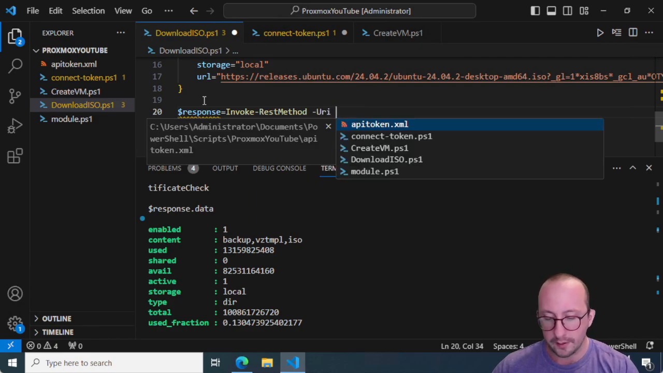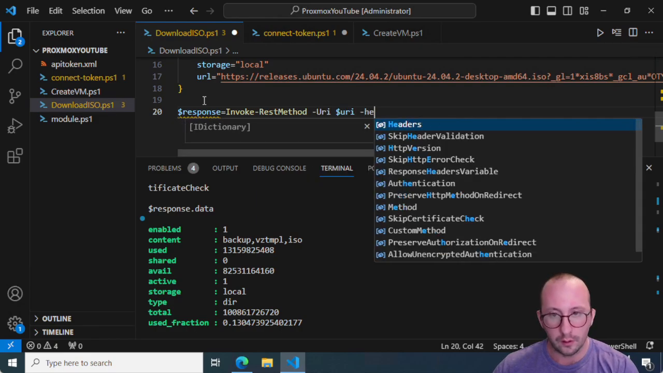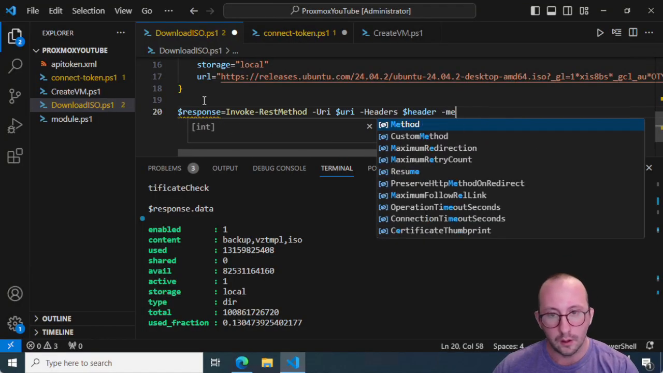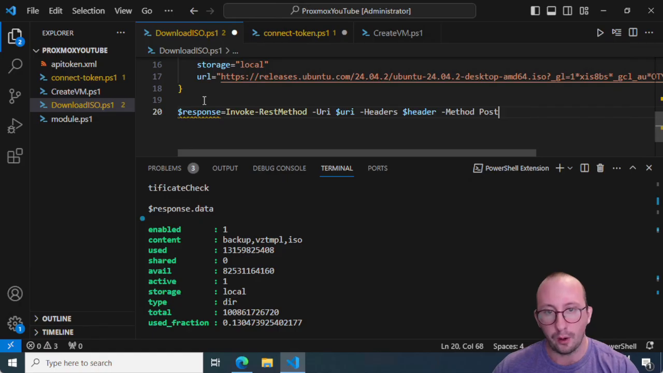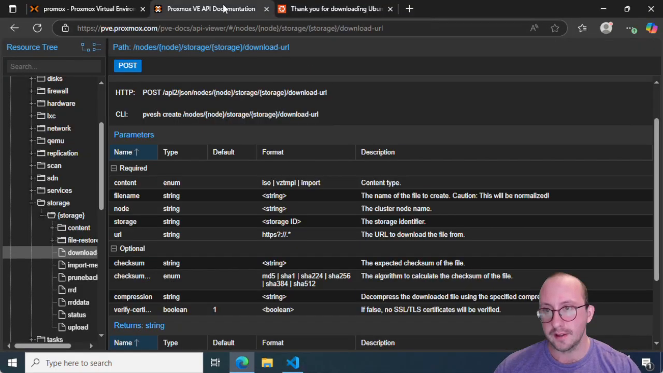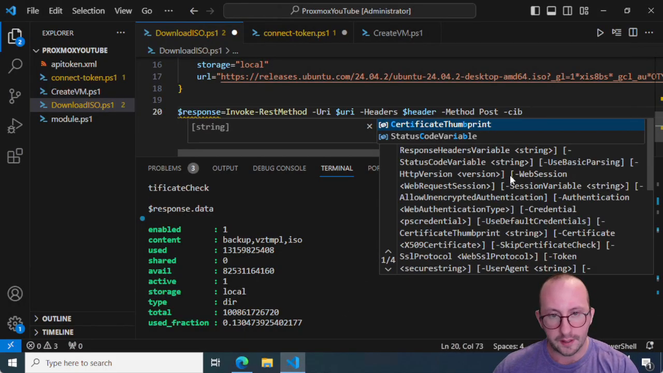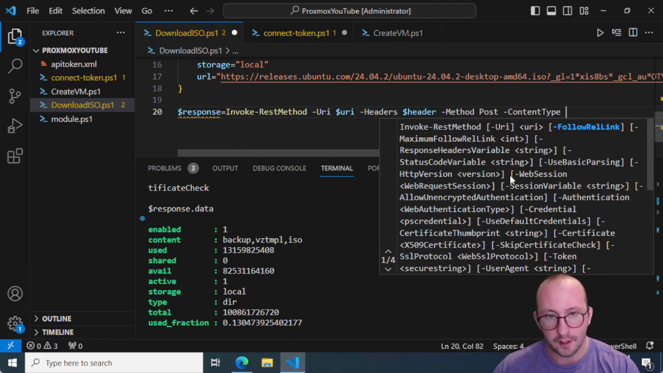The URI is going to be our URI variable. Our headers is going to be our header variable. Our method is going to be post. Now again, we can find this out through our API documentation. We can see that it is a post there. And then our content type is going to be